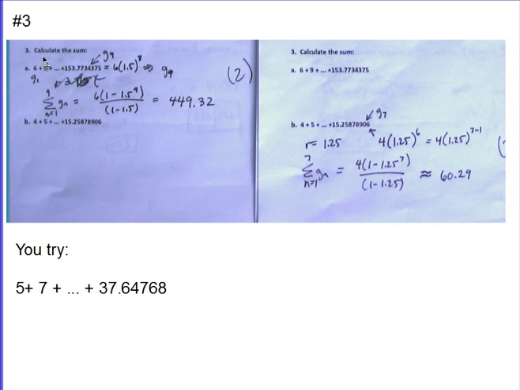Alright, number 3, we're asked to calculate the sum of the following. So they are both geometric, and the reason that I can see that they are geometric is if it was arithmetic, I'd be adding 3 each time. Well, there's no way that by adding 3 each time I'm going to end up at 153.7734, etc. The same thing down here. The constant difference, if this was arithmetic, would be I'd be adding 1 each time, and there's no way if I'm adding 1 that I'm going to end up at